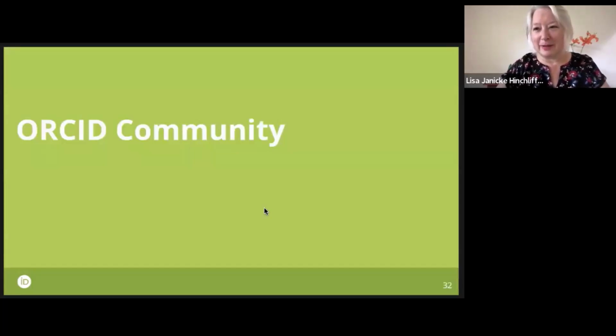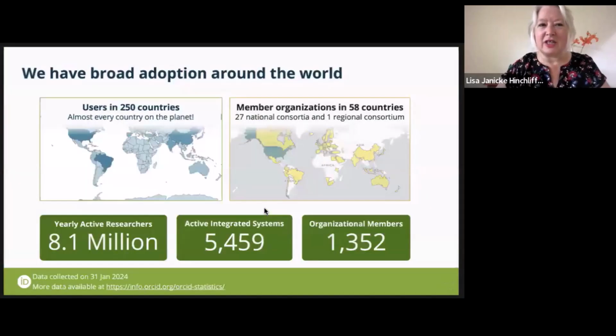So I've mentioned the ORCID community or our members quite a bit, so I'd like to just share with you a little bit more. We have broad adoption around the world. There are users in 250 countries, which is almost every country on the planet. We have member organizations in 58 countries. These slides are from January 2024. So a couple months ago, we had 27 national consortia and 1 regional consortia, in addition to our individual members. So it's 8.1 million active researchers, about 1,400 organizational members,